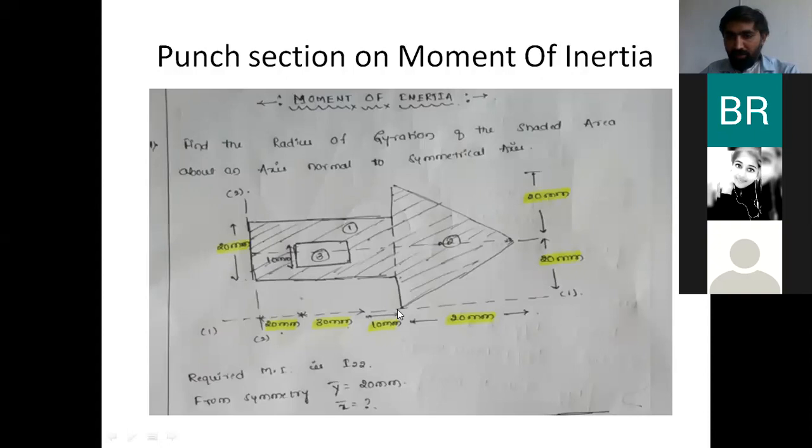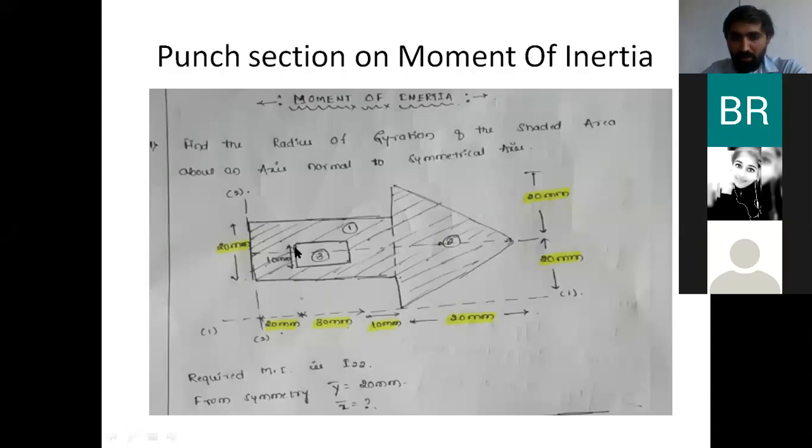So there is no need of finding the I11 value, the moment of inertia with reference to 1-1. If you look at the dimensions, I can make this entire figure into 3 components. The first one is a rectangle, and similarly another will be an isosceles triangle. If you look at these dimensions, from here to here is 30 mm, and this entire height will be around 10 mm.